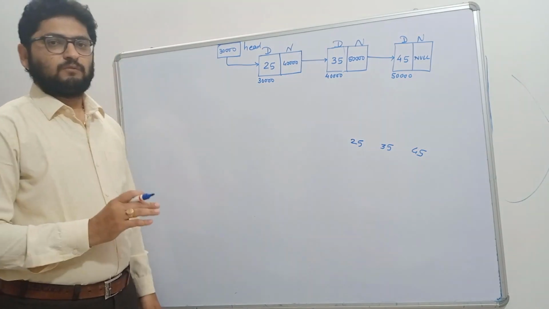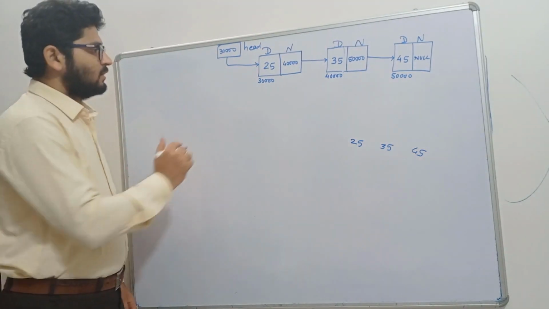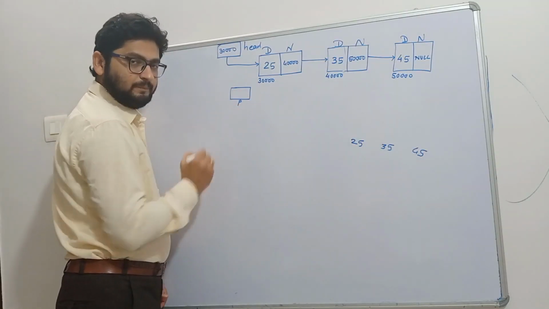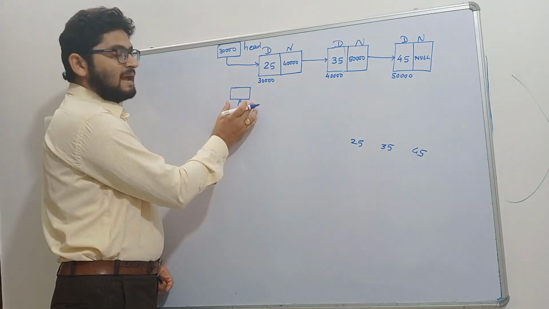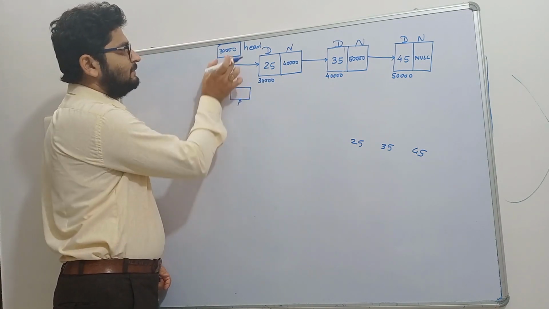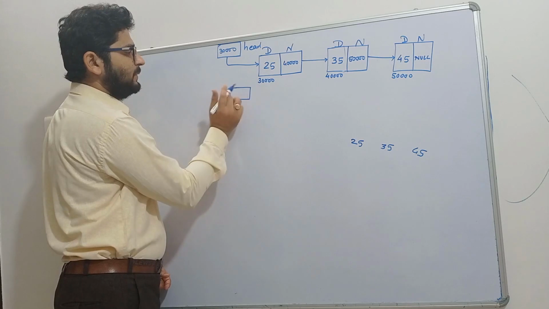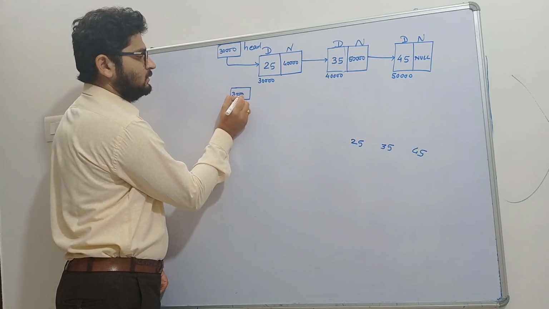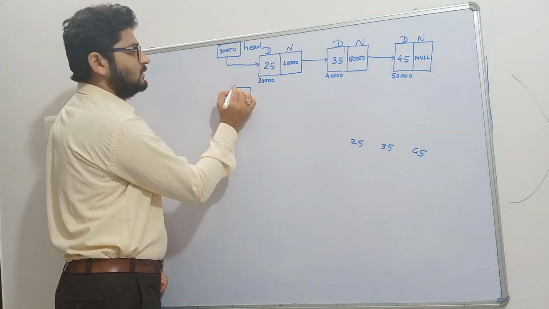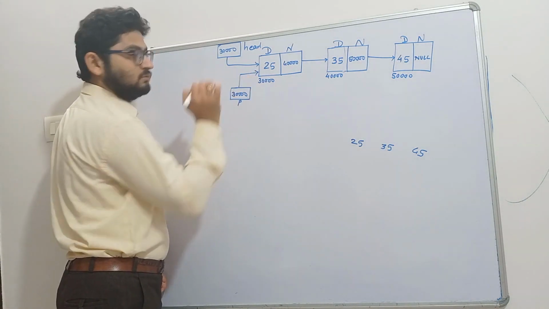So for this, what are we going to do? We are going to first create one pointer with the name P. Initially, I will make this P point to this node. For that, I will just copy the content of head into P. So it will become 30,000. As the content of head is 30,000, P also becomes 30,000. Now it is pointing to this node.